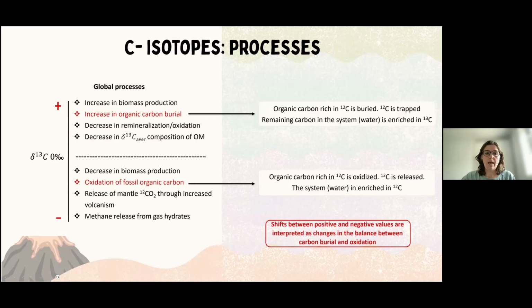And importantly, these negative and positive values are commonly observed in the record, in the rocks. They are very easy to measure. And these shifts between them are considered to reflect this change in the balance between carbon burial and oxidation. So now that we know what the carbon isotopes are, we will use them basically to trace the carbon cycle